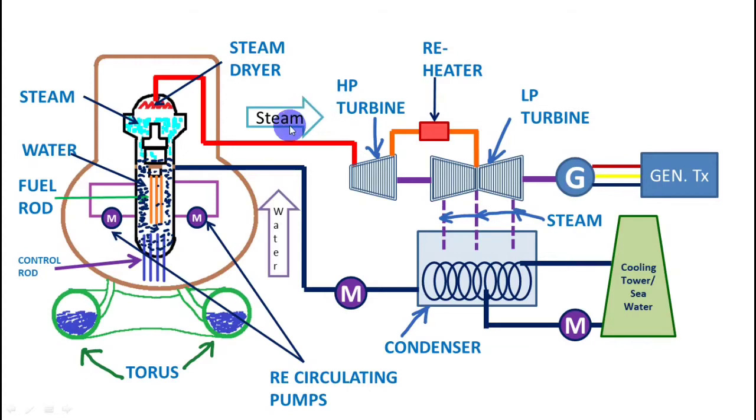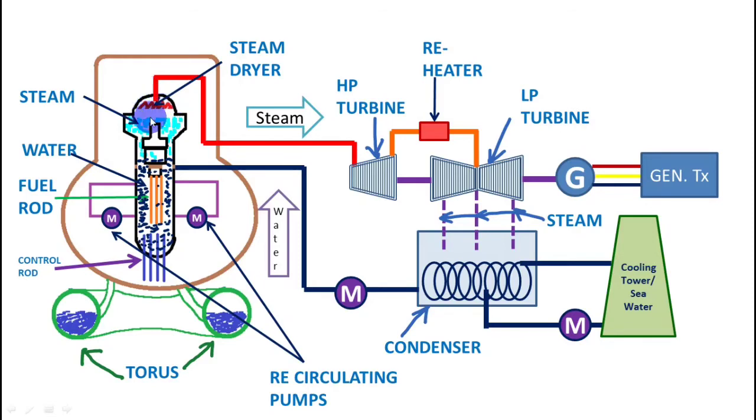So this is the core of the nuclear reactor. This entire setup is the core, and these orange rods are the fuel rods, and these blue rods are the control rods. In a boiling water reactor, the rods are entered from the bottom. This water is used as a coolant as well as a moderator. When the nuclear reaction has started, heat is generated in the nuclear fuel. The water cools the nuclear fuel and gets heated itself, so it generates steam. This cyan colored portion is the steam.